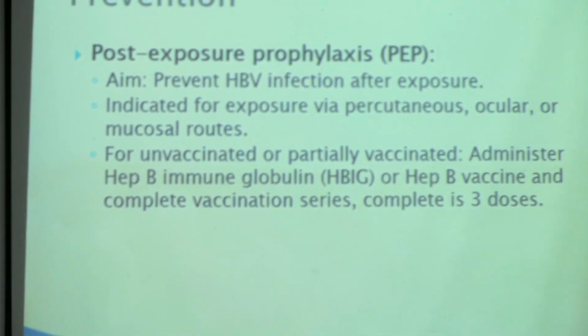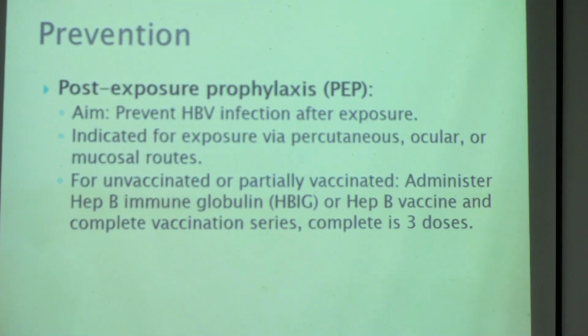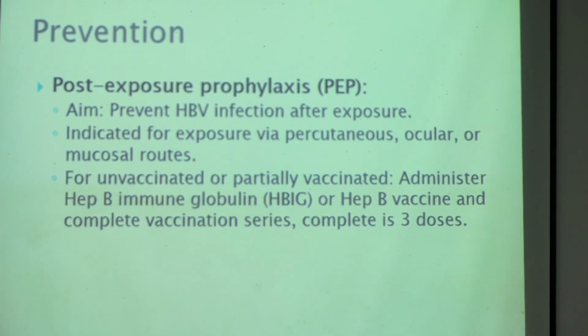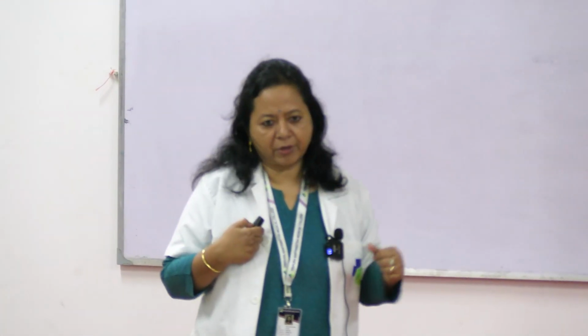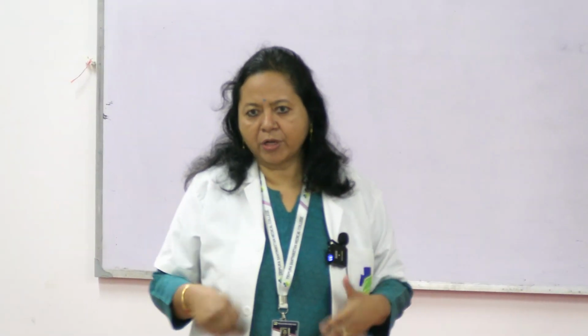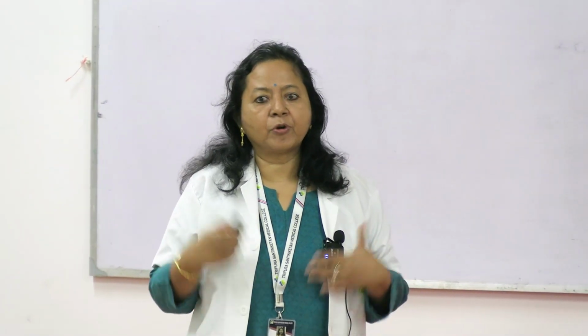If the titer is low, less than 10, then you have to give the full dose. There is also immunoprophylaxis we are talking about here, the PEP, that is post-exposure prophylaxis. Suppose you get a prick from a patient who has hepatitis B, then what to do? First of all, we have to test the source patient, and if unfortunately that is hepatitis B positive, then you have to give the immunoglobulin. You don't have time for your body to produce the antibodies.